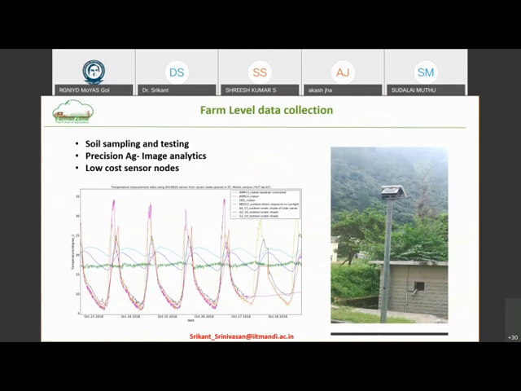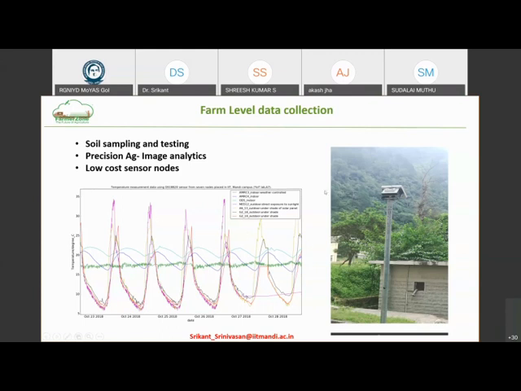The second thing we did is, for farm level data collection, we needed to come up with inexpensive weather station sensors. Right now in India, the weather data you're getting, for example, from the Indian Meteorological Department, IMD, has, say, about 500 or 1,000 stations all over India. And that means the weather you're getting is interpolated. In the entire map of India, you're having, say, 1,000 weather stations. And if you're somewhere in between these weather stations, you have to take some kind of linear interpolation or some method like that. The problem with agriculture is plants are very sensitive to the environment.